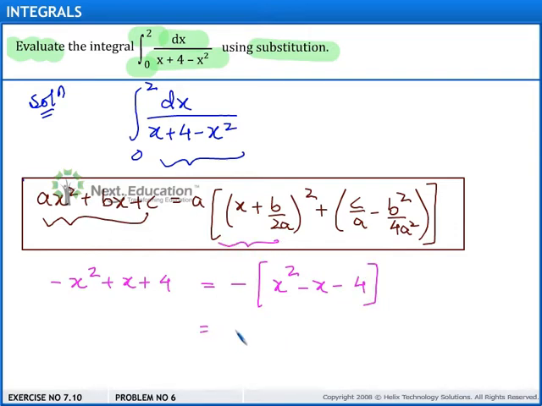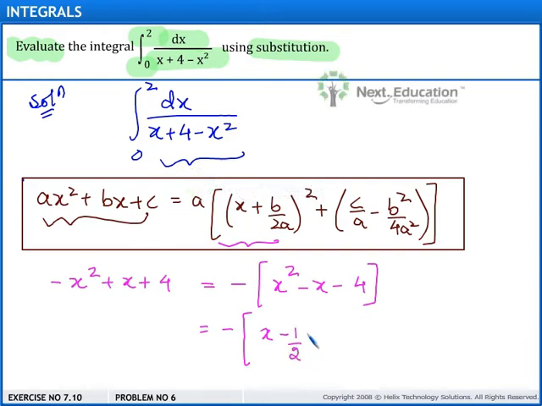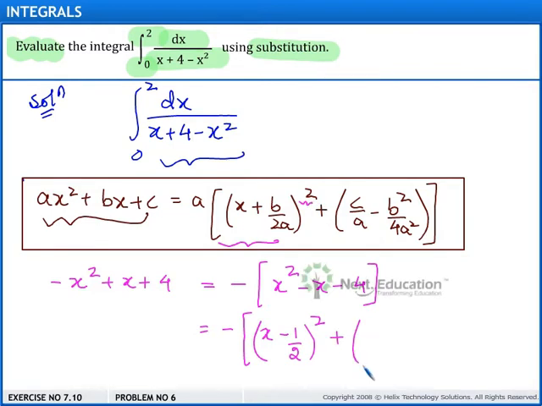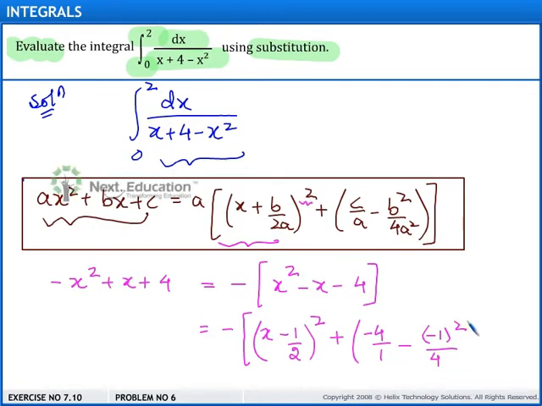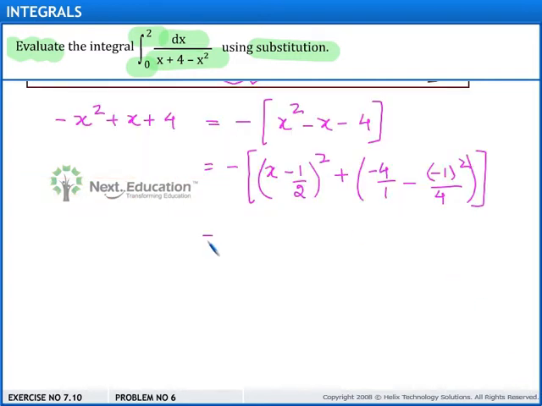Now using the right hand side, here the value of a is 1, so we have minus of x plus b upon 2a. Here b is minus 1, so we have minus 1 upon 2, and then we have whole square here, plus c upon a minus b square upon 4a square. c here is minus 4, a is 1, and b is minus 1, so we have minus 1 square divided by 4, and this is equal to minus of x minus half square